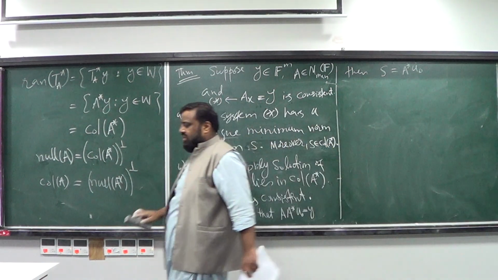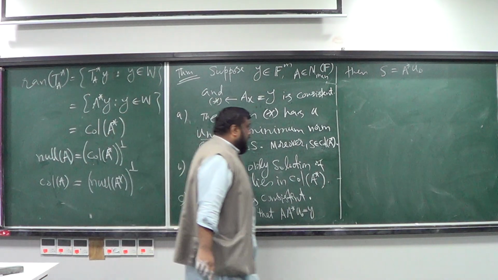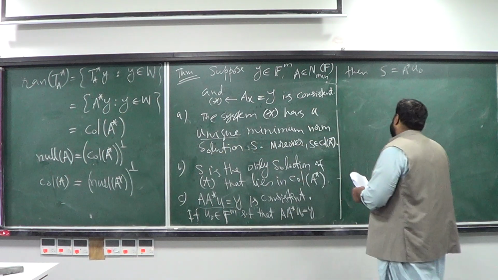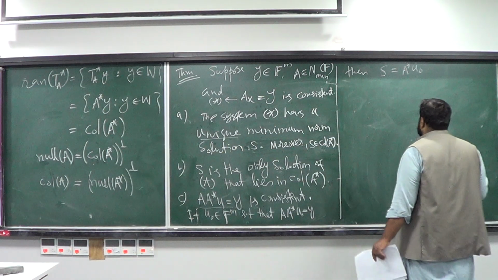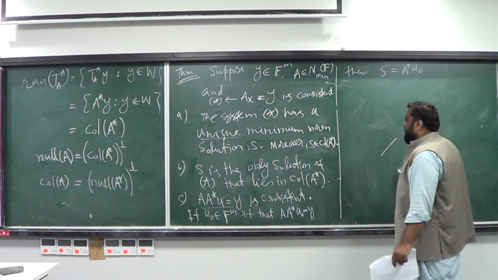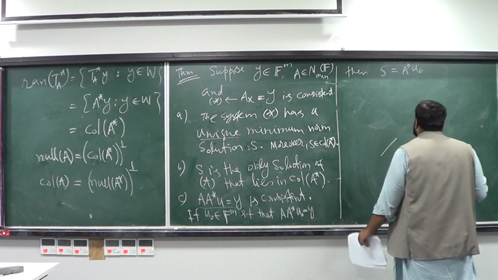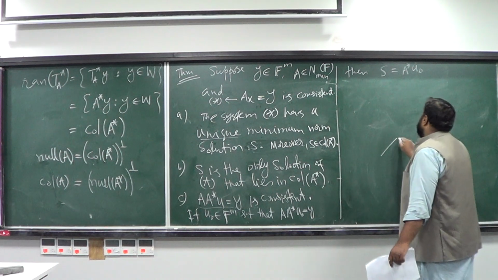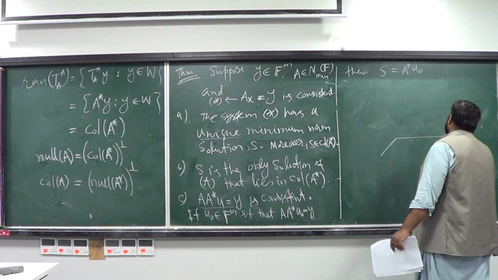Then S is U0. Let me make a picture of it. So imagine I have, let's make a picture. So what would be the null space of A? So null space of A is going to be a plane,